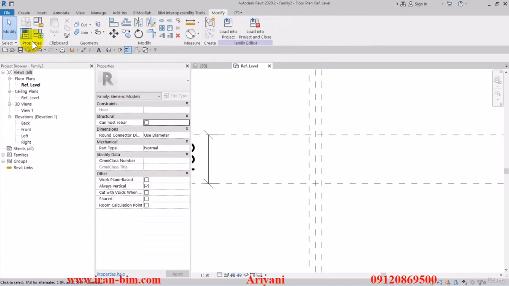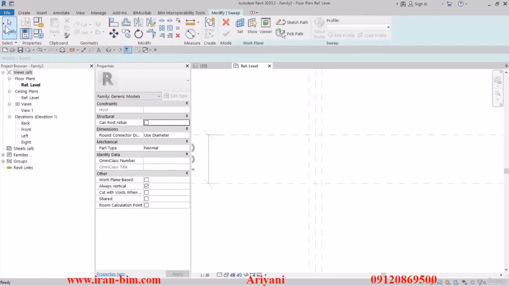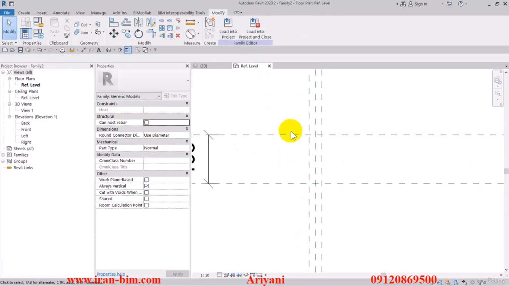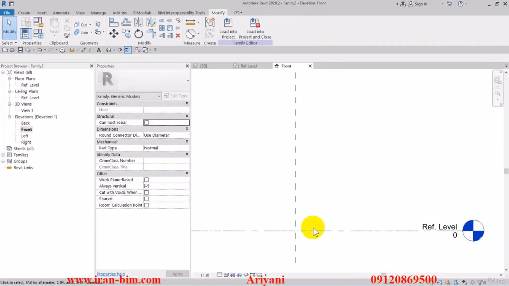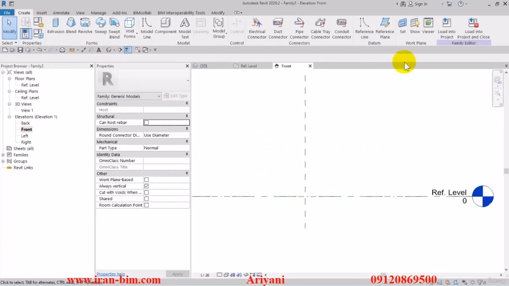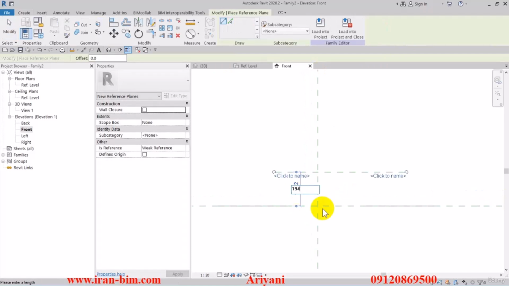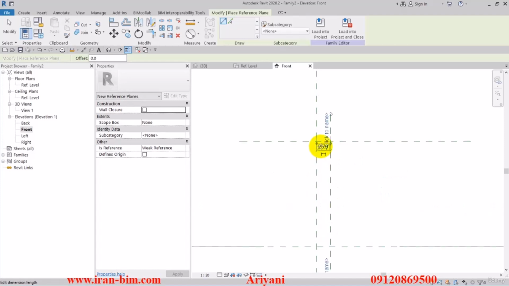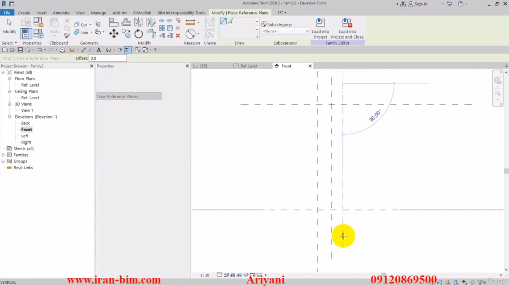After that, I'll go to the Create tab and use the Sweep tool, although I'm in the plan right now. So let me go to the view. So here, select these ones and delete them. And after that, go to the front view here. Once again, select the reference plane. Draw one here, 195, and then another one vertically, and that's 25, and then another one here, which is also